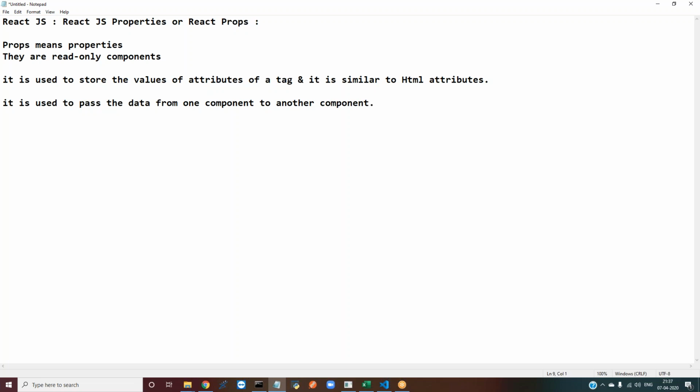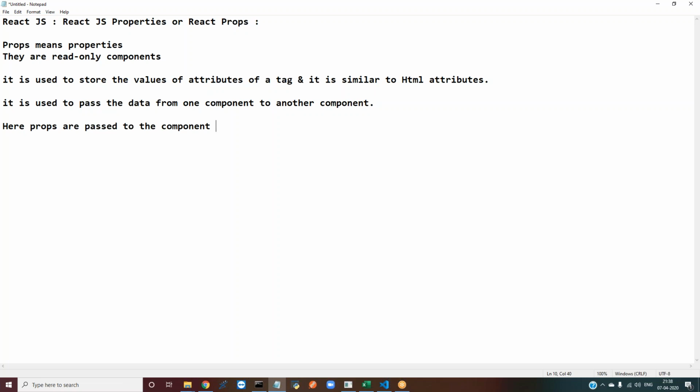You know how to create a function, right? Inside the function, if you pass some arguments, we call them function arguments. In a similar manner, props means properties are passed to the component, which is to show some value.